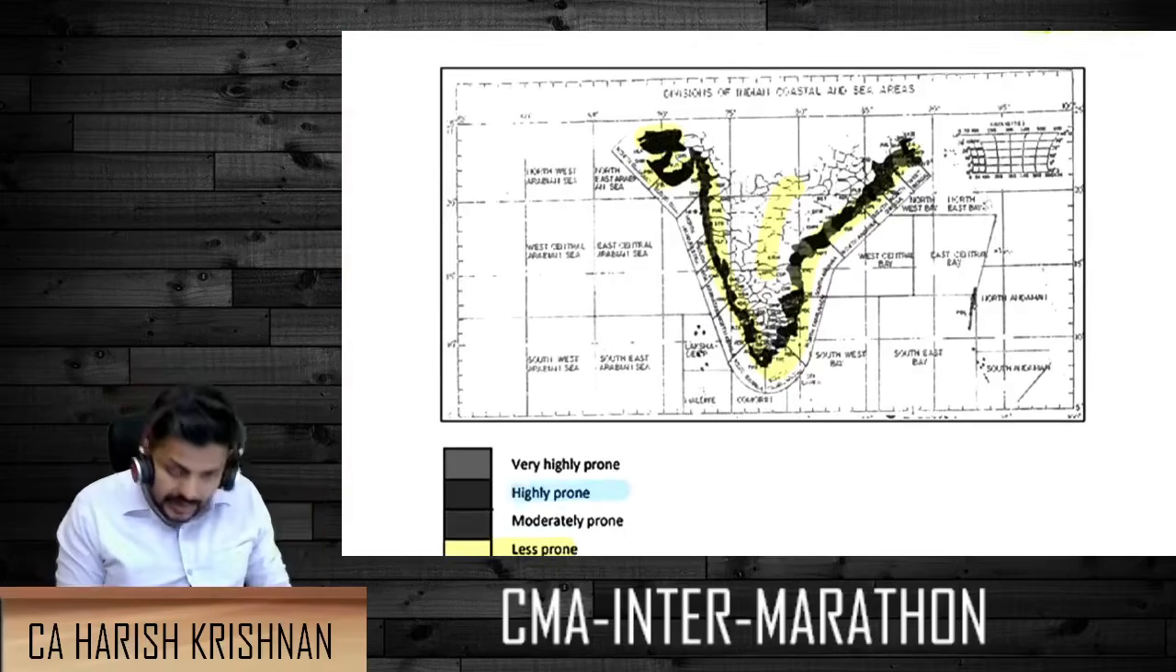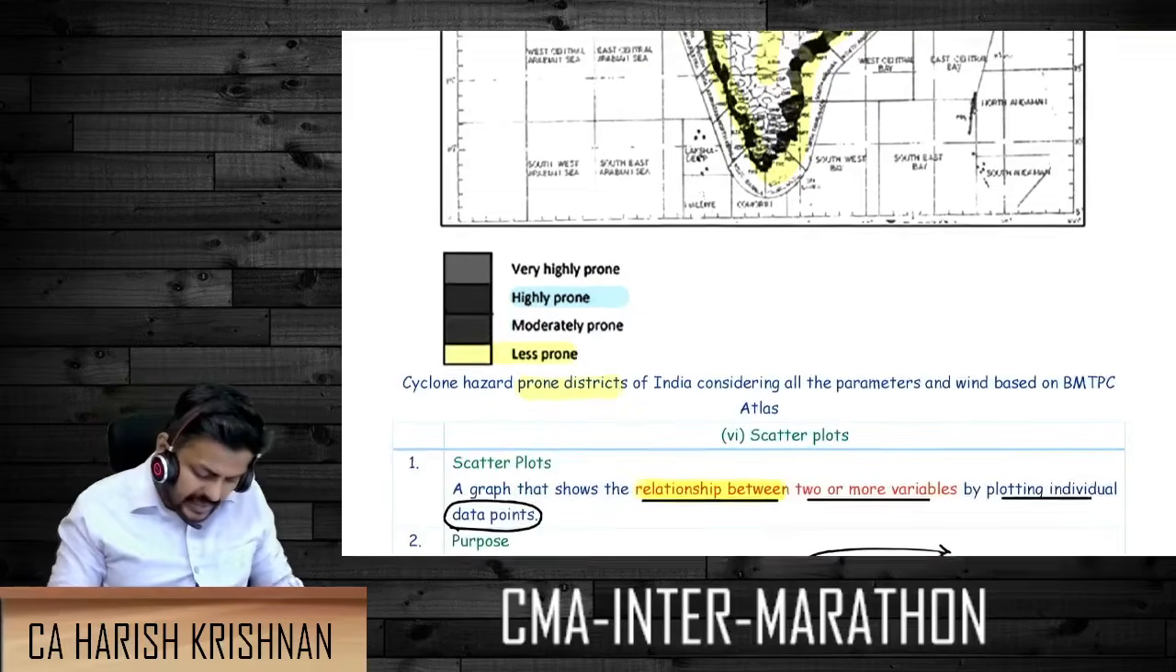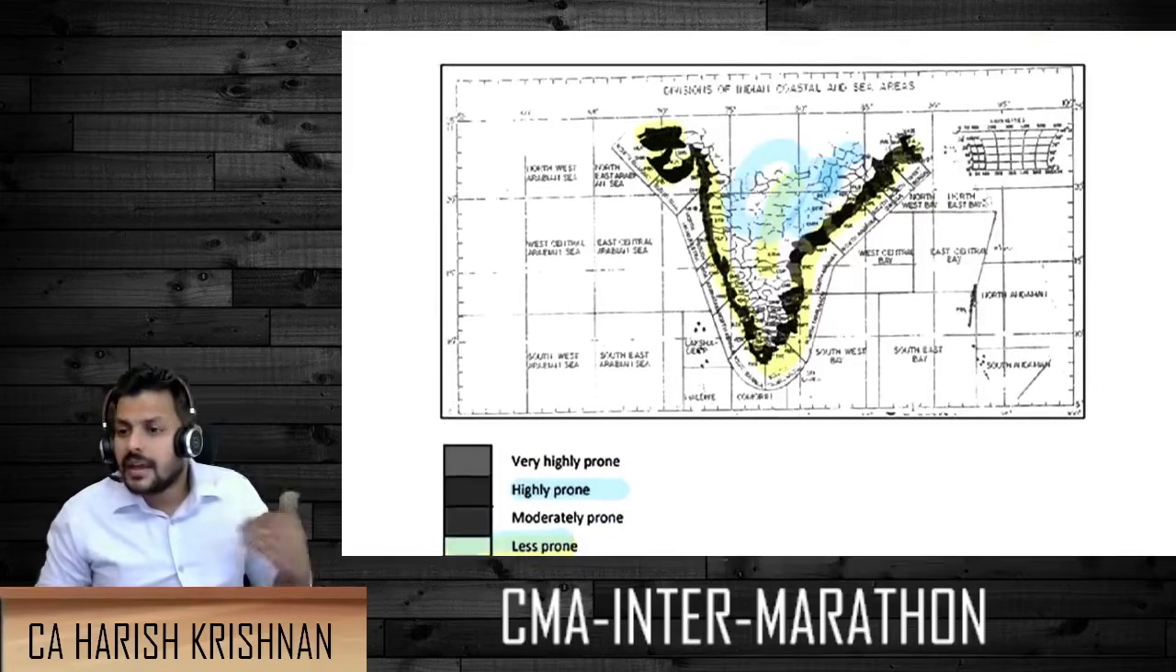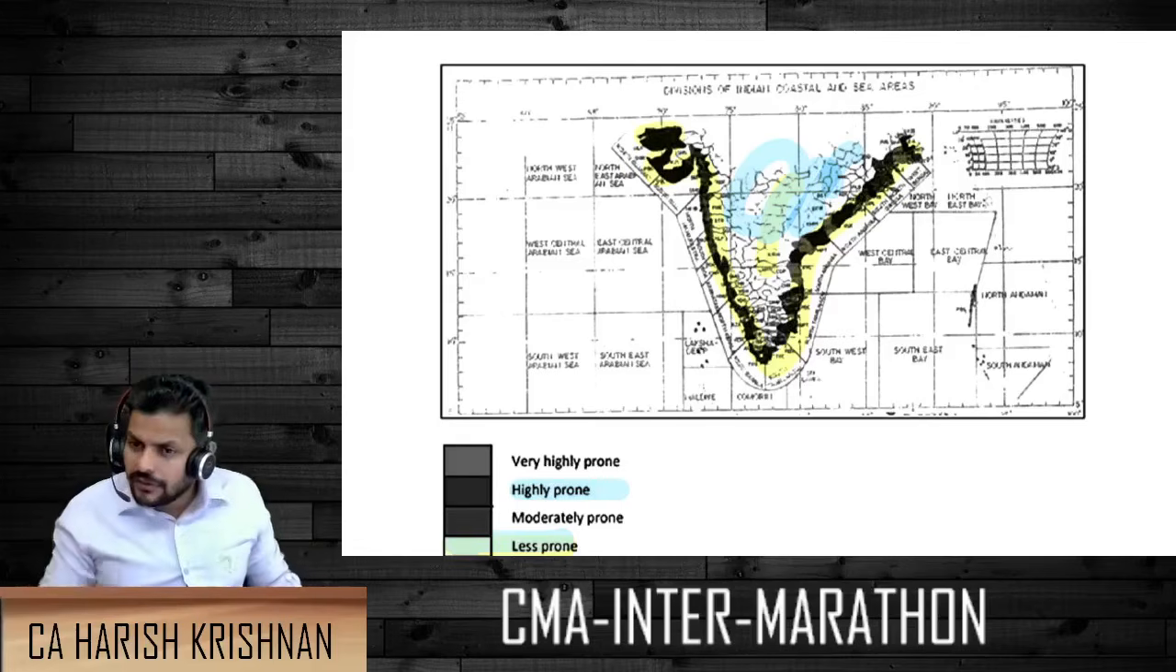You can see here, highly prone, all the dark ones. The rest of it, the white areas, are very less prone. That is what I highlighted. So all these areas, if you see, are very less prone. In which area how much impact was there, if you want to see that, then we will go for a